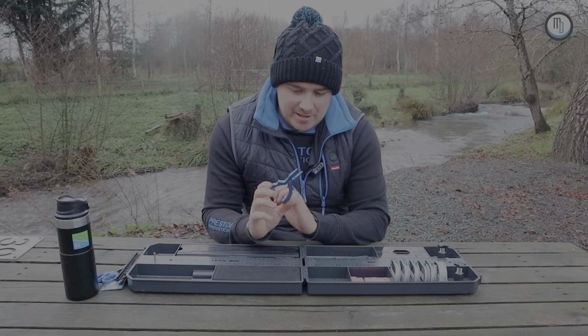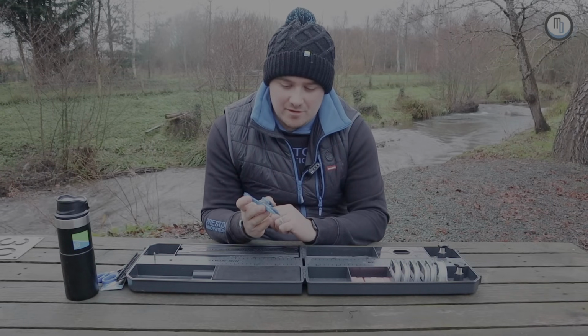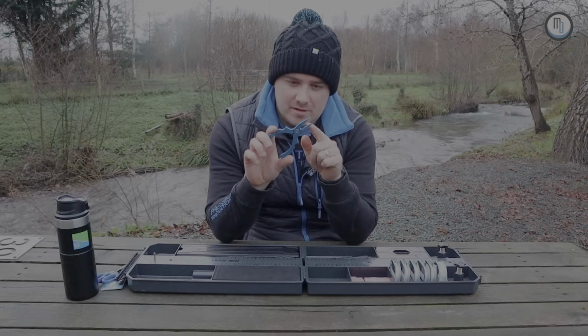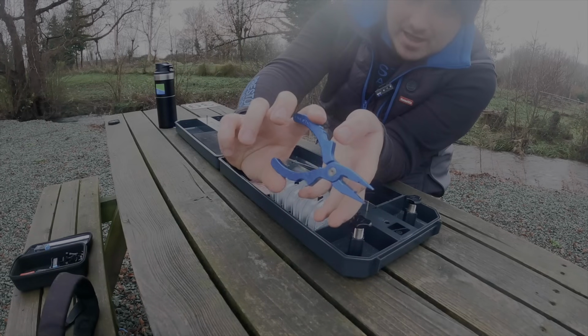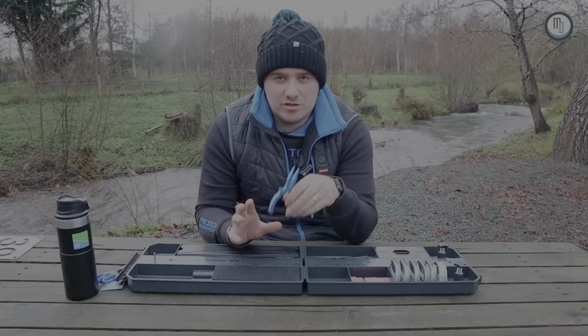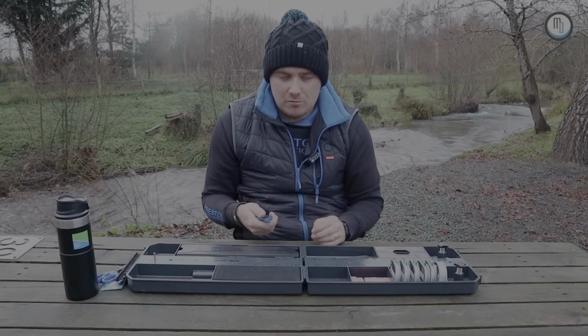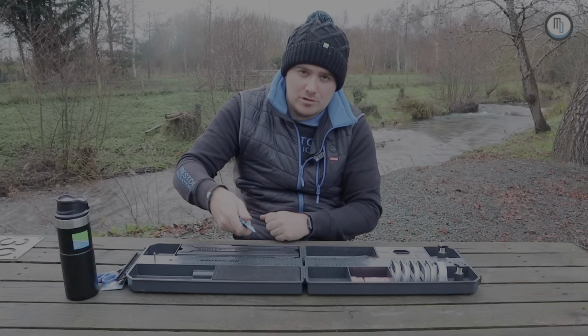Now, you probably need a set of these in your rig station and in your box, because one of the reasons is that little device there in the middle. I'll put it to the camera, that little device there, taking shot off, it just makes it so much easier. If you make a mistake or put the wrong shot on, or you think, right, I need a little bit more bristle showing, you can just line it up, put the shot in the groove, push